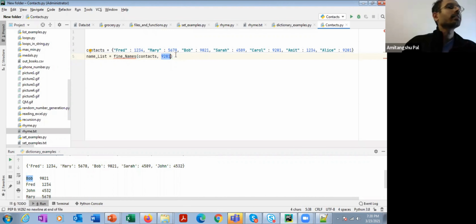So this list I'm going to print. This find names is giving a red underline because I didn't write the function. So let's write this down. It takes the dictionary and the number.